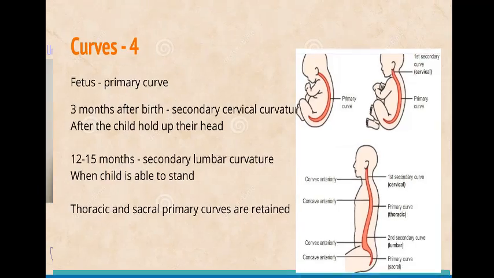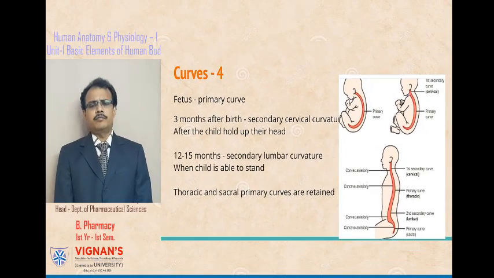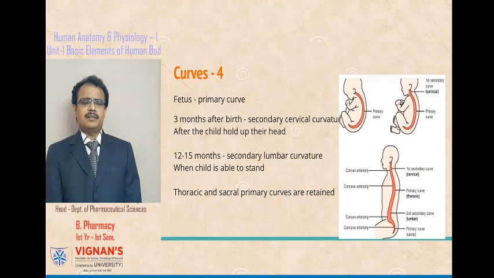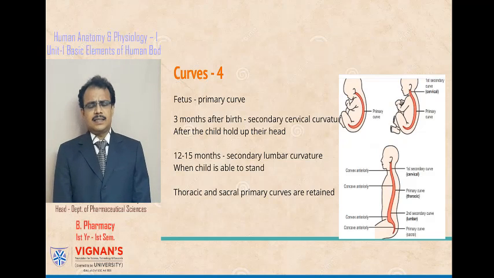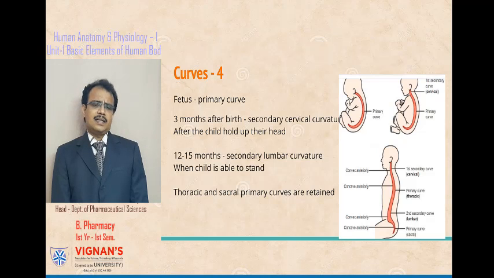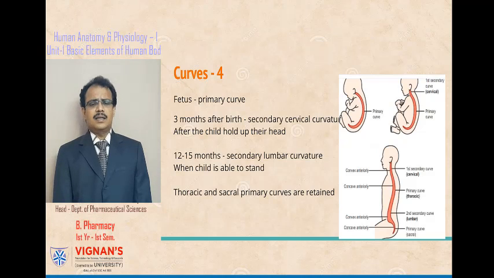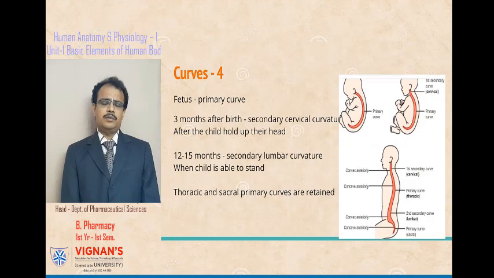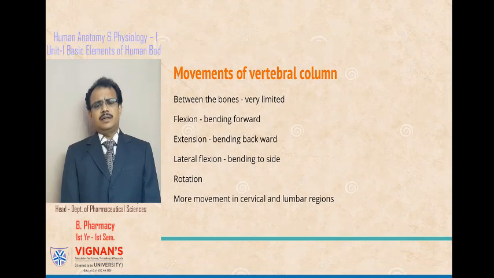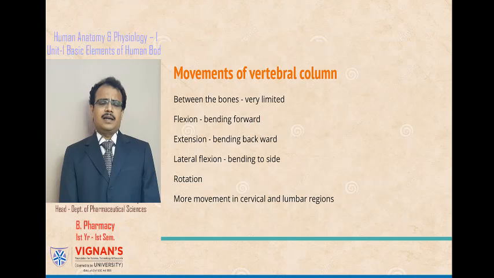each other. When coming to the curvatures of the vertebral column, there are two primary curvatures and two secondary curvatures. The primary curvatures are the thoracic curvature and the sacral curvature, whereas the secondary curvatures are the cervical curvature and lumbar curvature. When coming to the movements of vertebrae, we have seen that these vertebrae are attached with each other with